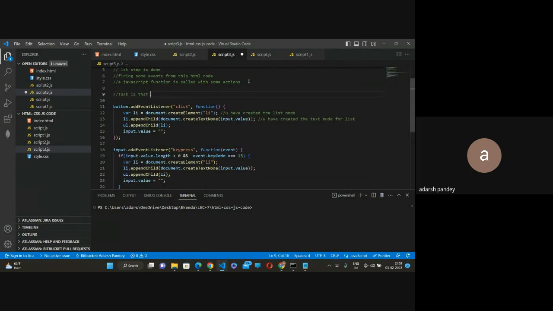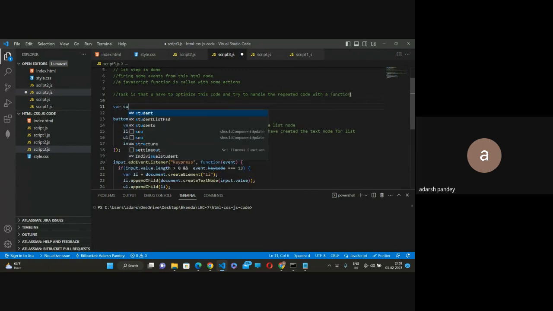इज दैट you have to optimize this code and try to handle the repeated code with a function।